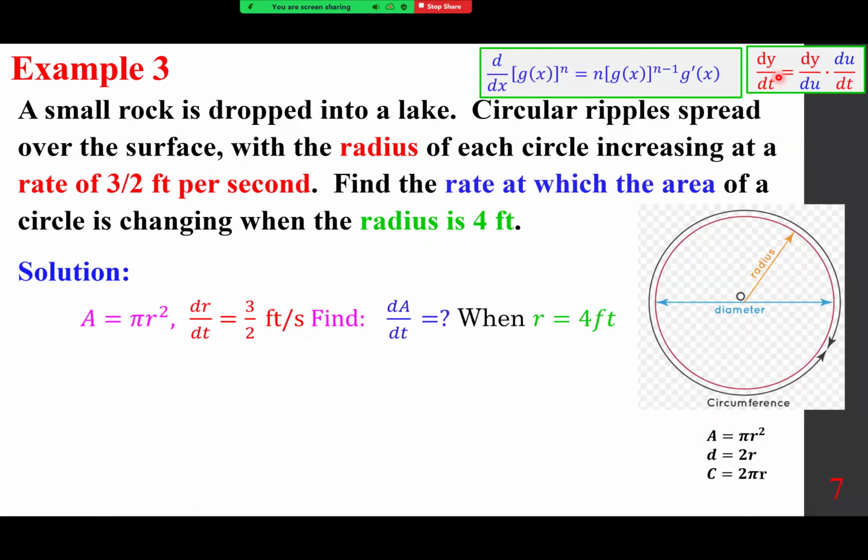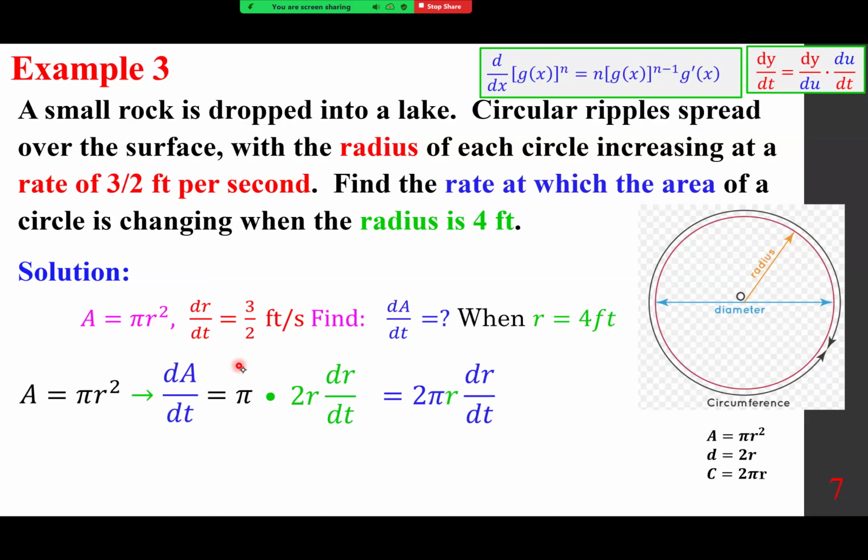dy dt is dy du times du dt. So you want the dA dt, you write pi, and then you differentiate r squared, which is 2r dr dt. You put the 2 in front. And now you're ready to replace the r with 4, dr dt with 3/2. These 2 cancels out the 2. You get 12 pi